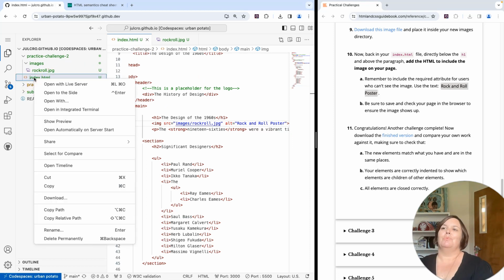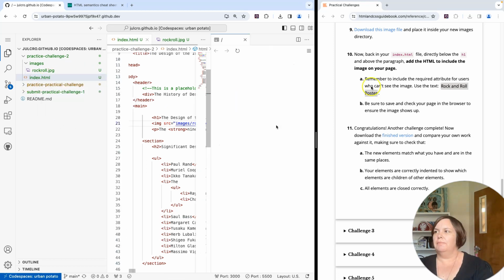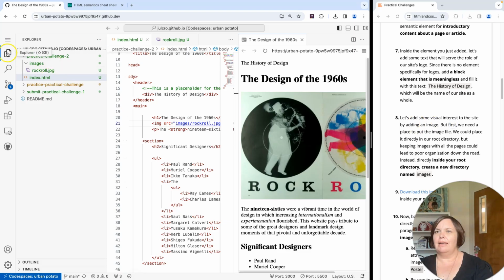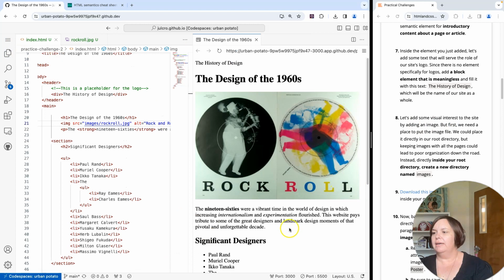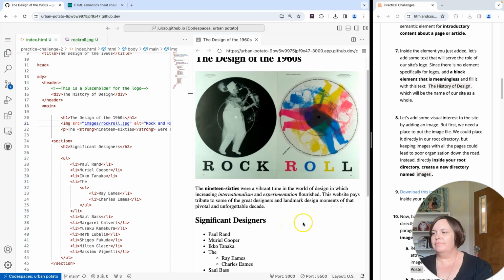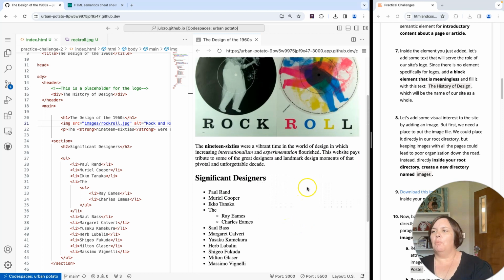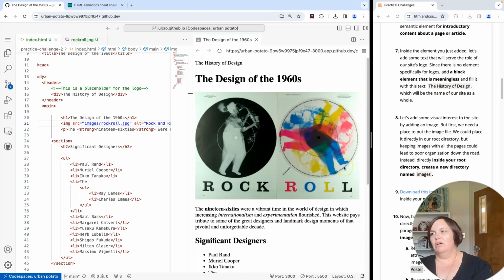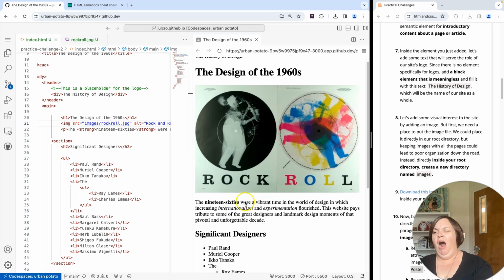Let's see if this is working. Let me show preview. Yay, look at that. I'm going to close this Explorer so we can see it. Boom, boom. Looks great. So what I really want you to notice, first of all, is that the image looks great. It's already created to work well on this page. We didn't have to really do anything. The other thing